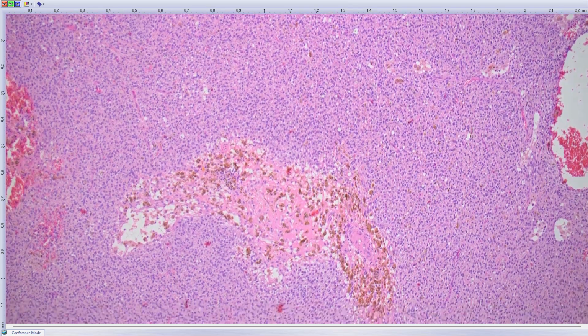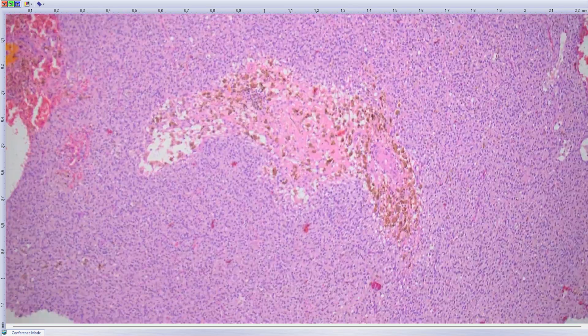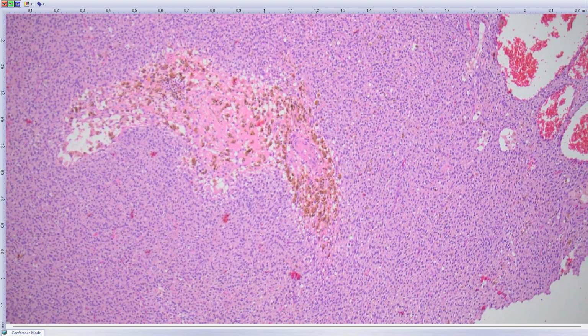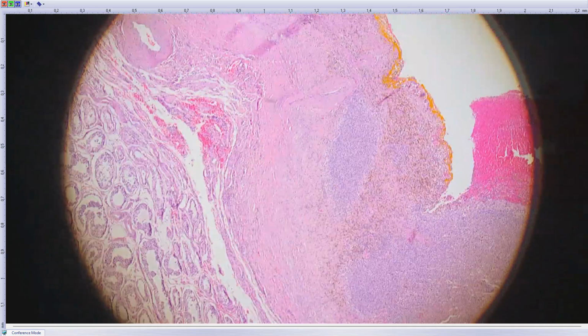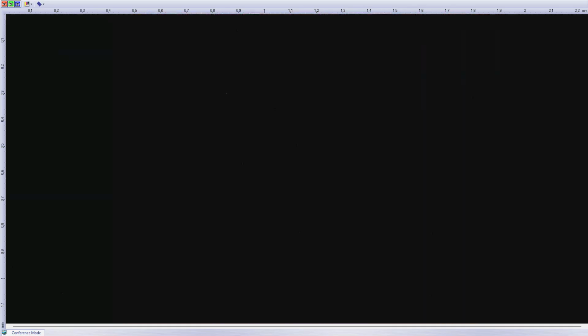There are also leftovers or consequences of the hemorrhage. Here you can see hemosiderin. There are only scarcely signet ring cells seen, but here at the periphery of the tumor, the morphology